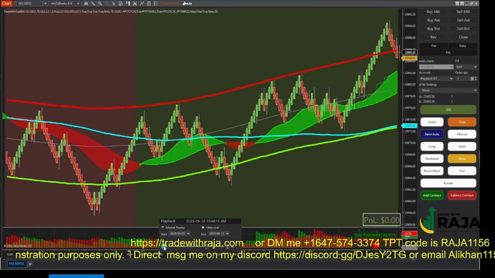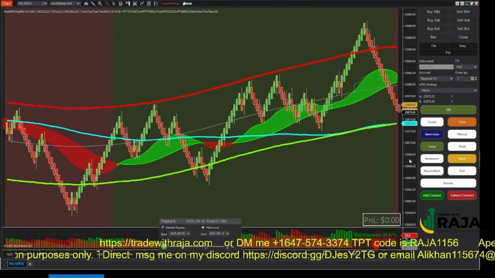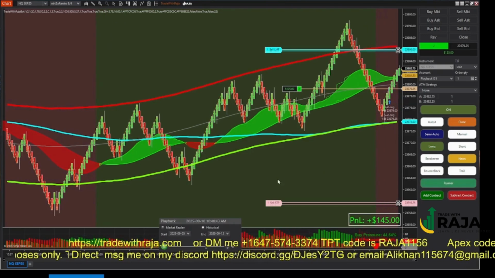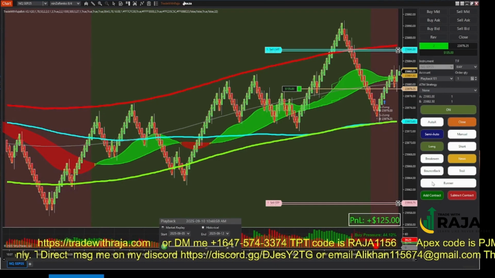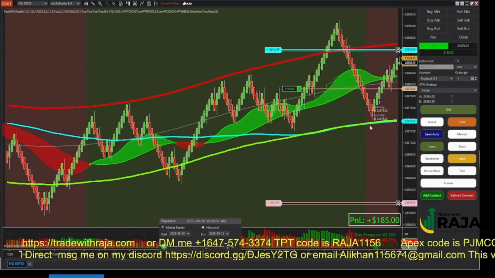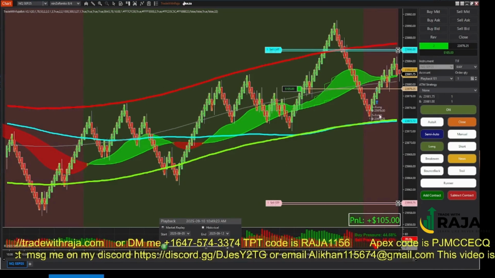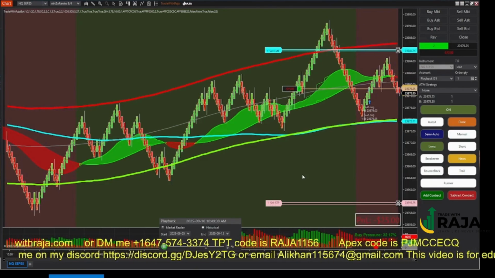Okay, so let's play. It will come, and I will take it and enter it. So, order submitted. I will add a runner here. The bot already executed, and you will see with this pullback from this tunnel to that tunnel, we entered it, and